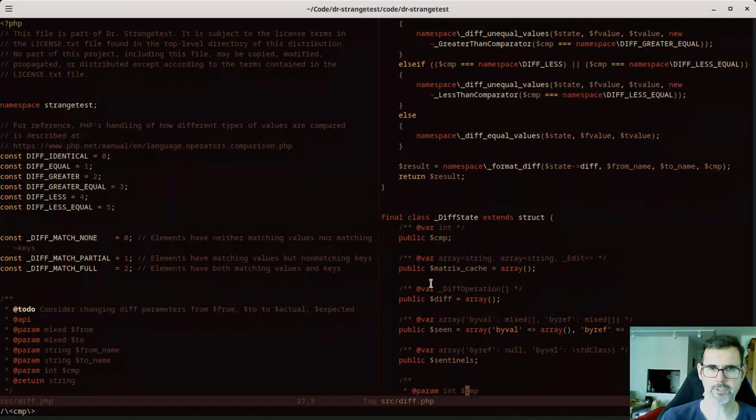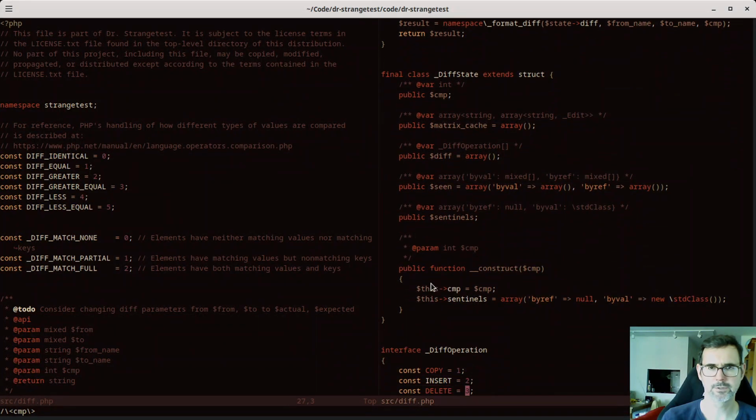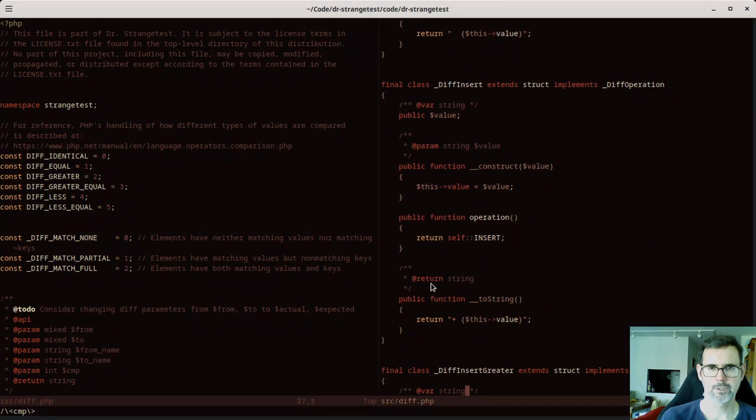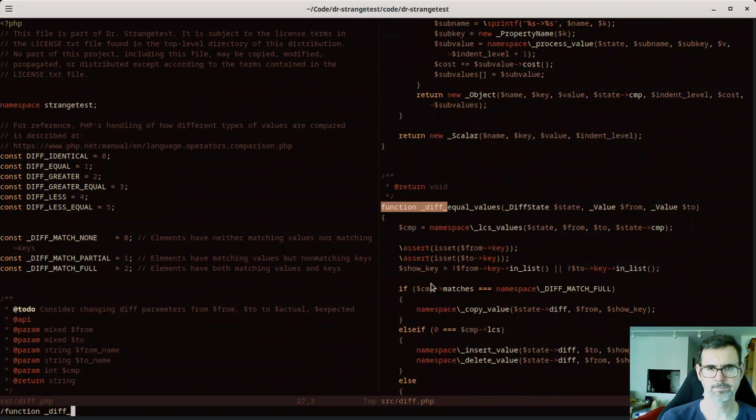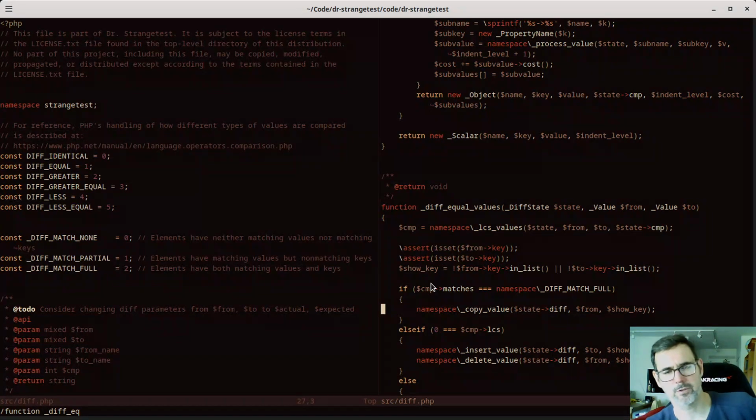Some question whether we actually need that still, but I'll leave that alone for now. So I guess all these places where we're calling format value is where